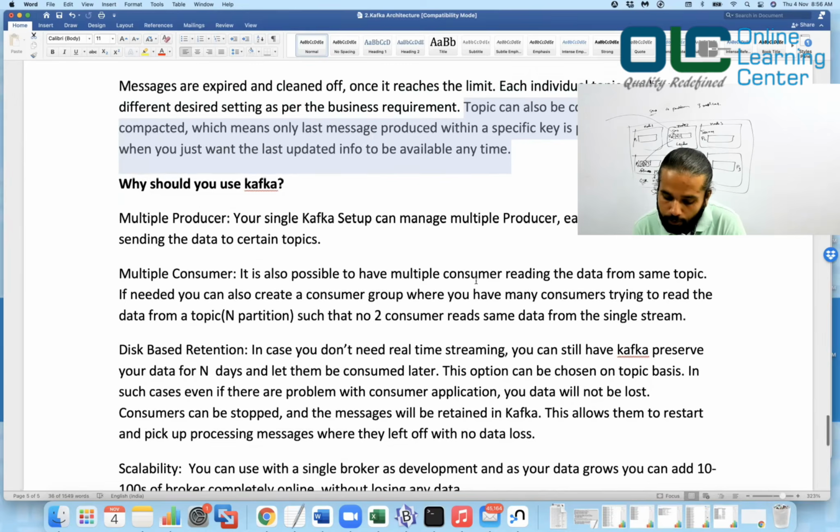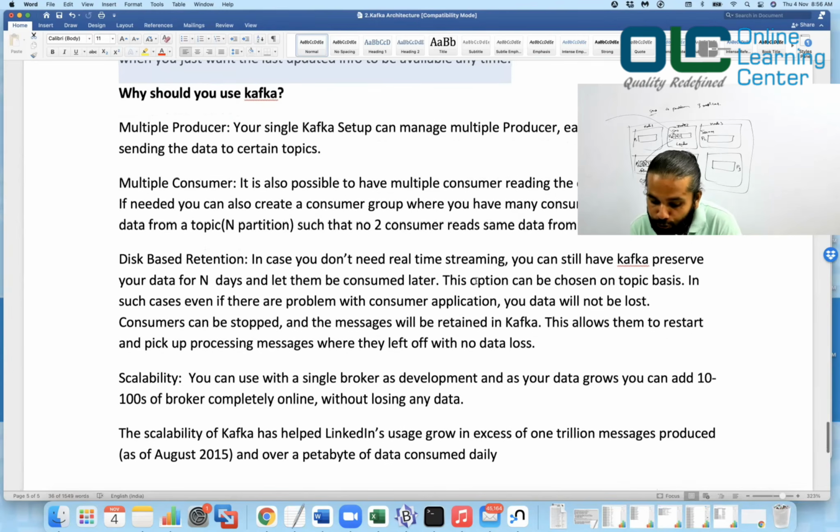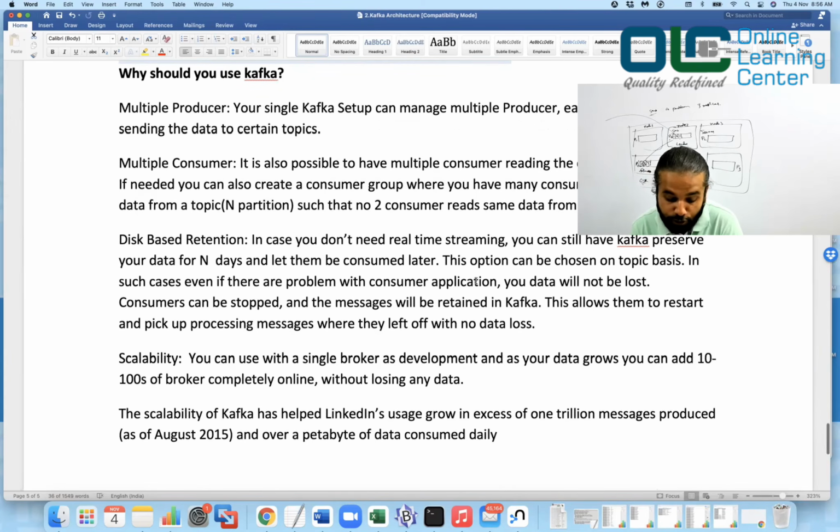Okay, now the question is, why should you use Kafka? Why should you use Kafka, right? So the main reason is because you want a queuing system, a distributed queuing system where the data would come, reside for some time, and you have a lot of consumers that can consume the data for you. Okay, think about this. In a Big Billion Day, how many people are actually requesting for orders? Many people, is it not?